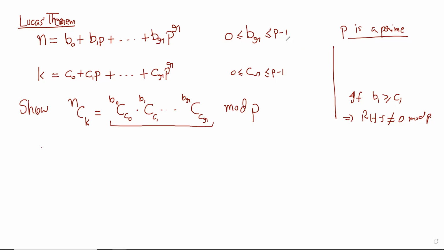In that case, LHS is also not 0 mod P. Seen identities like this, these divisibility identities. But